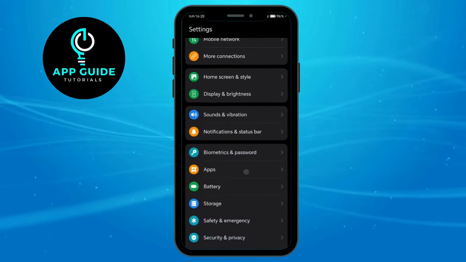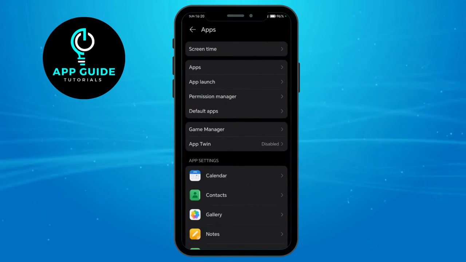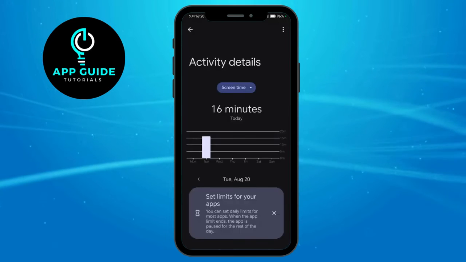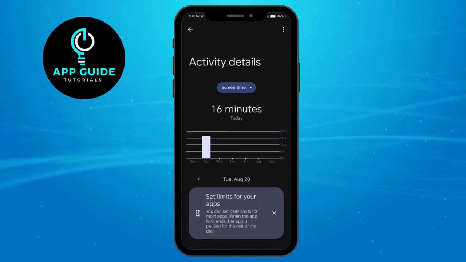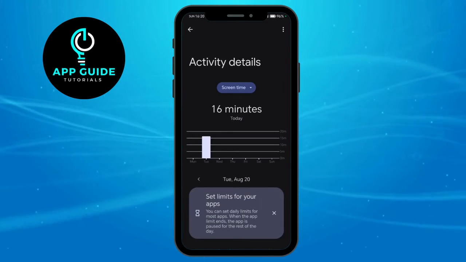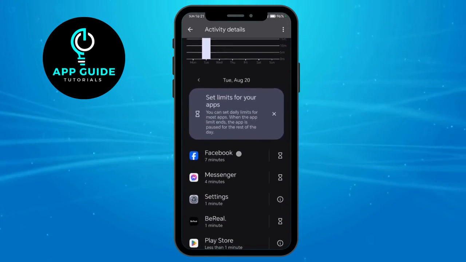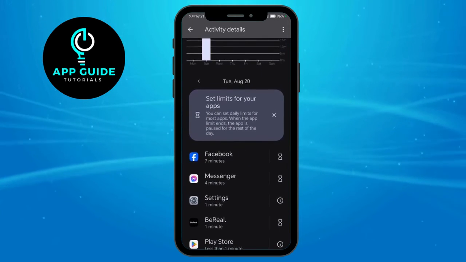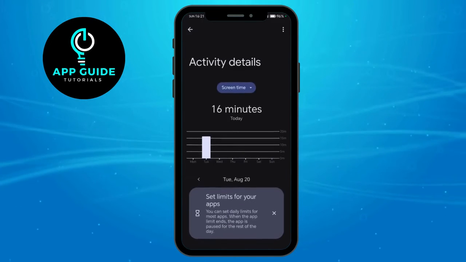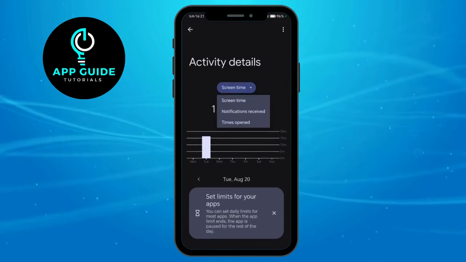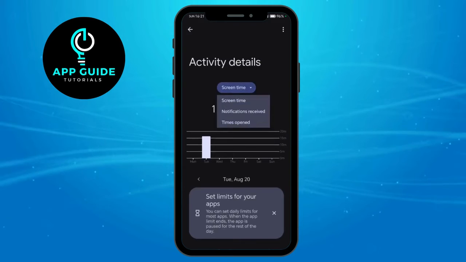It can also be seen on your battery. And then from in here, you click on screen time. Now it will show all your activity details. And then this is the screen time for today. As you can see right here, I have spent 7 minutes on Facebook, which means that it actually allows me 7 minutes of usage. So you can also see the screen time on the times it was open, notifications received,